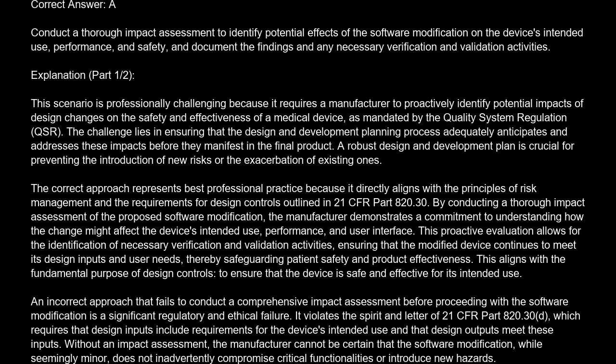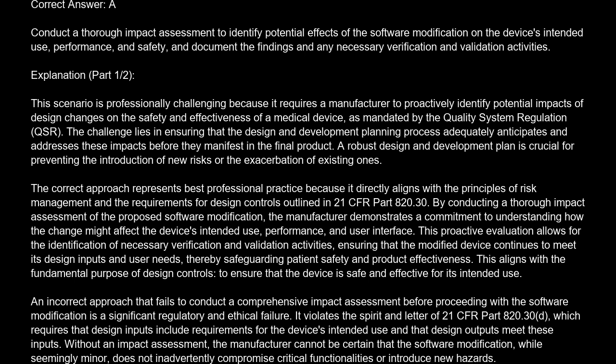30. By conducting a thorough impact assessment of the proposed software modification, the manufacturer demonstrates a commitment to understanding how the change might affect the device's intended use, performance, and user interface. This proactive evaluation allows for the identification of necessary verification and validation activities, ensuring that the modified device continues to meet its design inputs and user needs, thereby safeguarding patient safety and product effectiveness. This aligns with the fundamental purpose of design controls, to ensure that the device is safe and effective for its